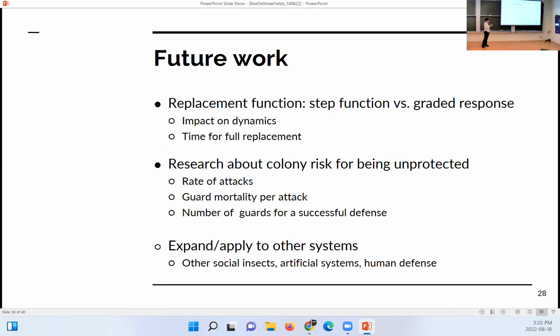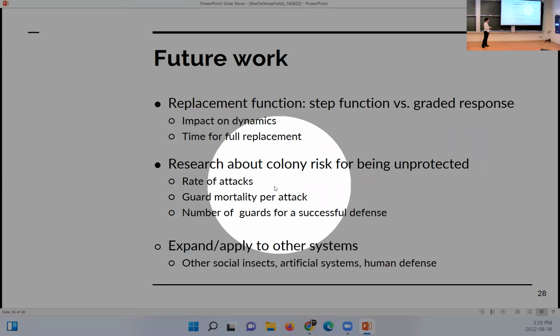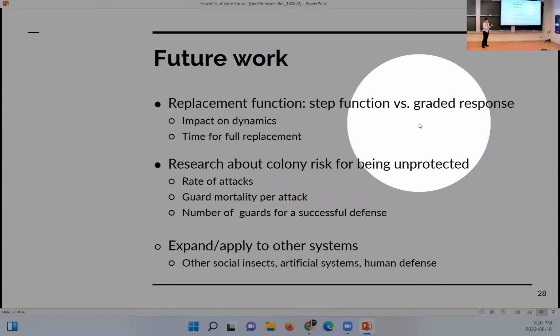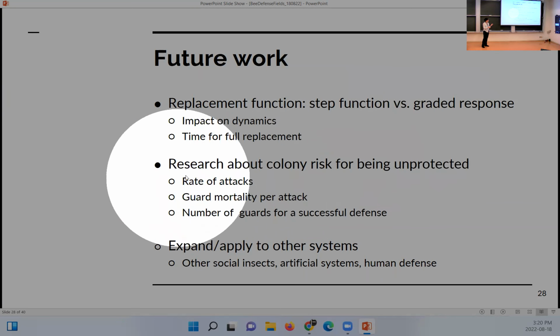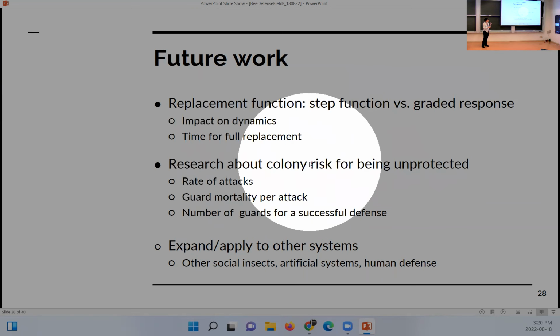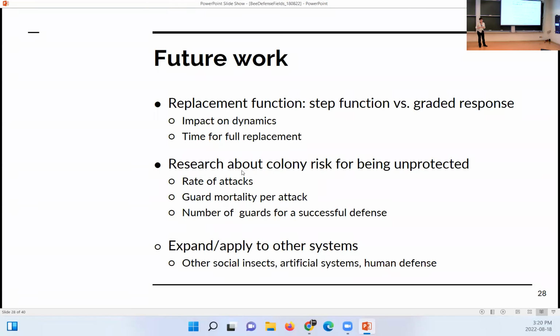And also, it's worth noting that we just considered demographic factors, so colony size and task allocation, right? But there's other things like the risk that being unprotected represents for the colony. So if I don't have any guards, there's a higher probability that I'll get robbed or attacked, and that's its own risk, and that could be considered in the model as well, and it's not being explicitly included. And also, of course, the amount of food that these big bees require, that is larger than the minor bees.